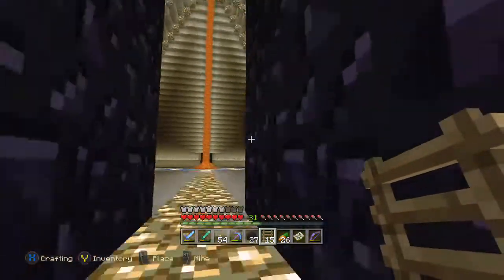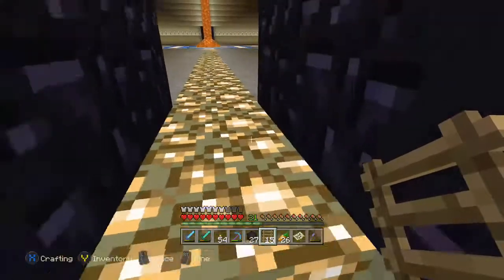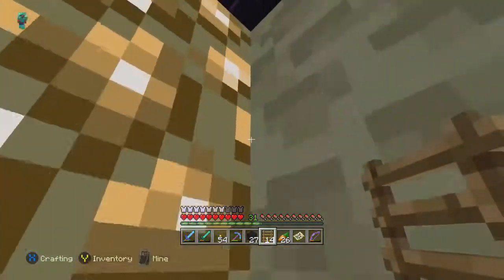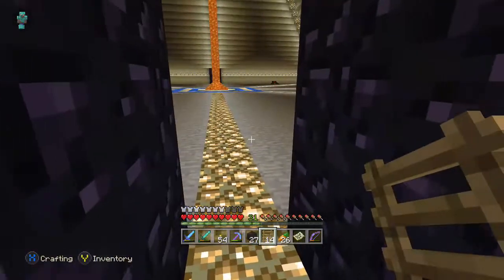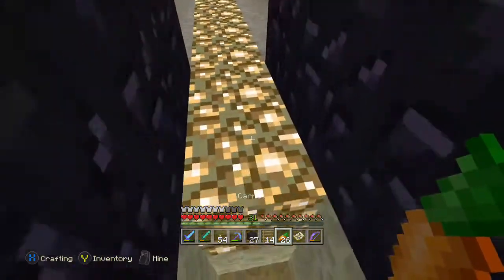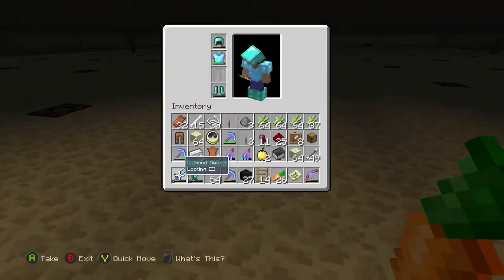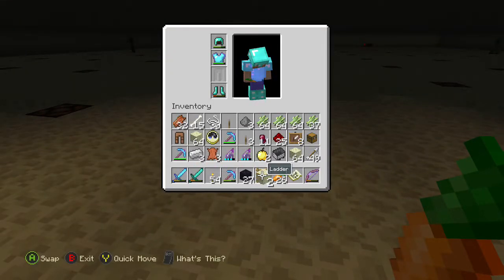Let me see if I can get out with this. Yeah, I should probably put an extra one up there. There we go. Now I could probably jump right out. Good. So obsidian is the most explosive proof block that we are fortunate enough to have in the game. And I'm looking for...